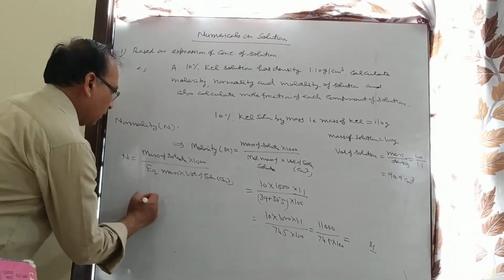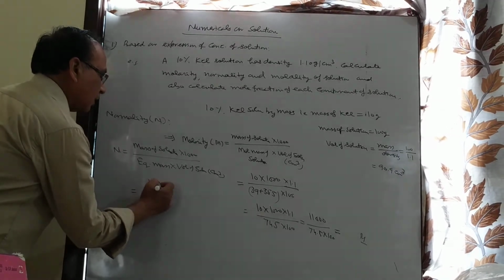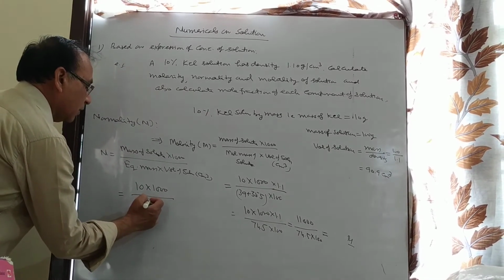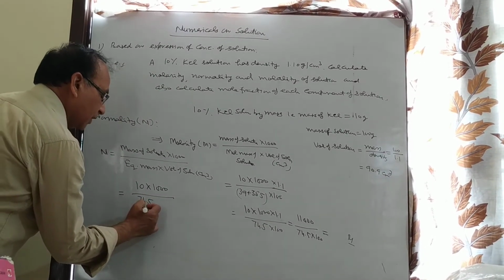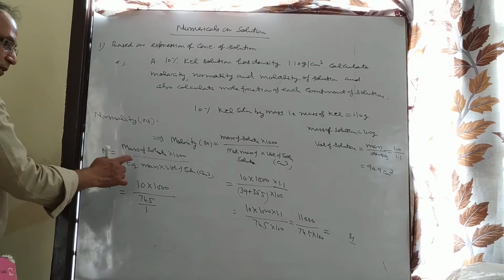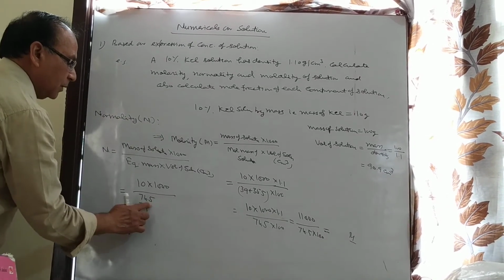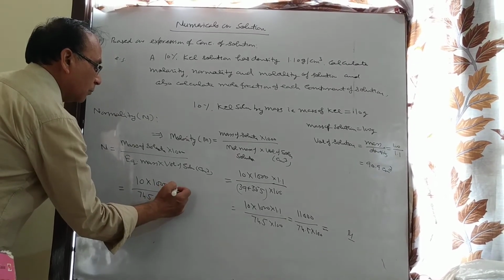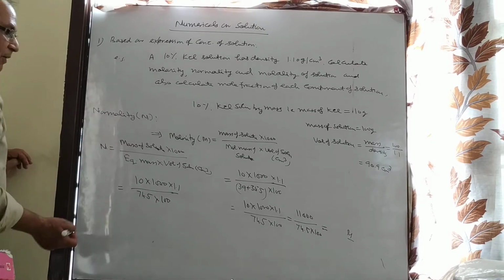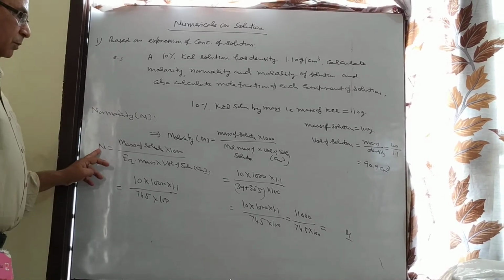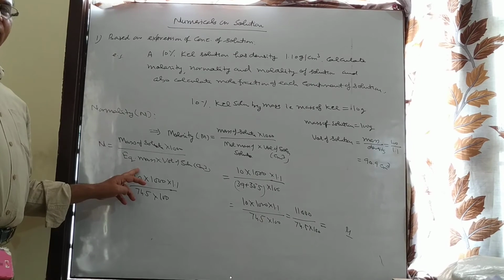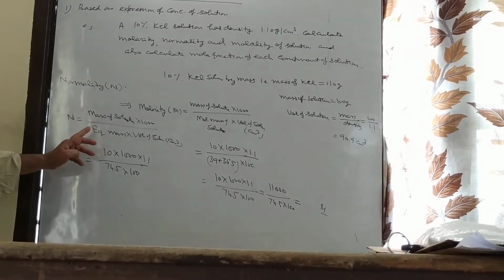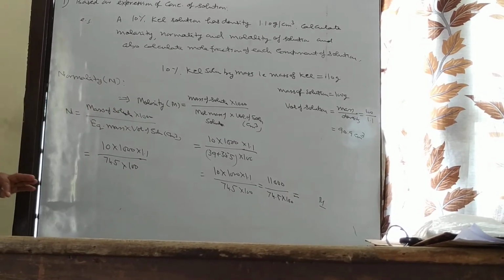So we can substitute the values. Mass of solute is 10 into 1000, and equivalent mass is equal to molecular mass divided by valence. Valence is 1. That's why in this case equivalent mass and molecular mass will be the same, into 100 over 1.1. Because molecular mass and equivalent mass are the same due to the same valence on the ions, normality and molarity will be the same.